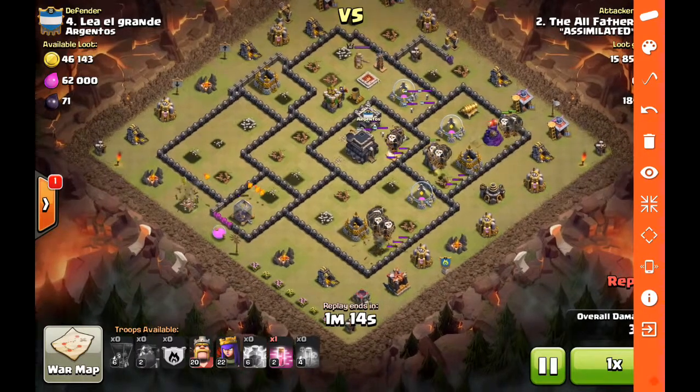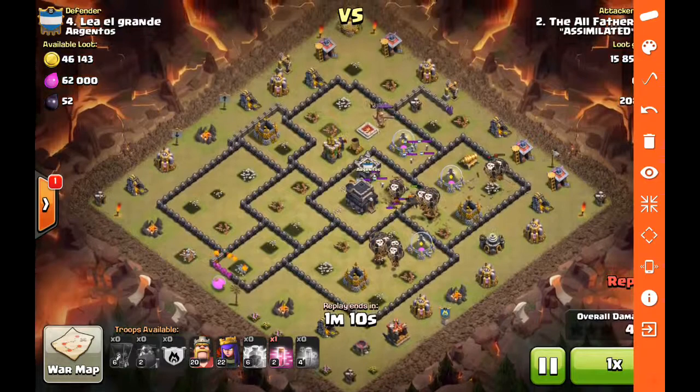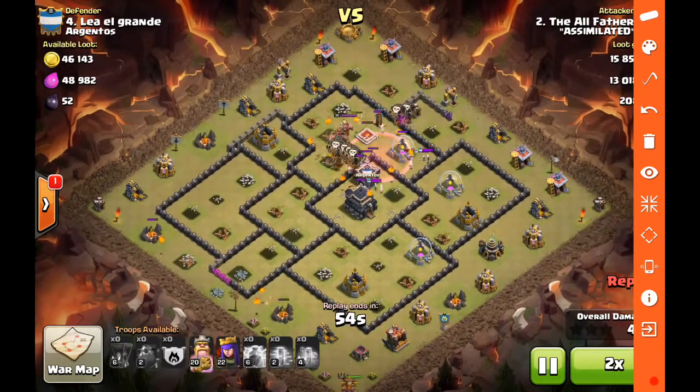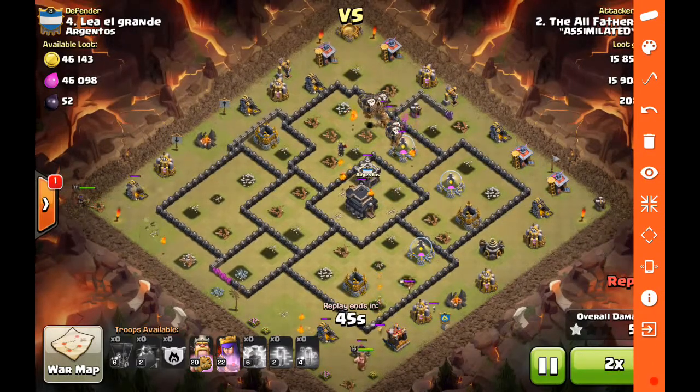Those hounds are still up. You actually want them to pop at some point. But this is a very slow-moving attack, so we'll go ahead and speed it up. You see, haste spell in there was afforded because we didn't need to double poison a hound or a clan castle dragon, and those loons speed through to the remaining defenses,